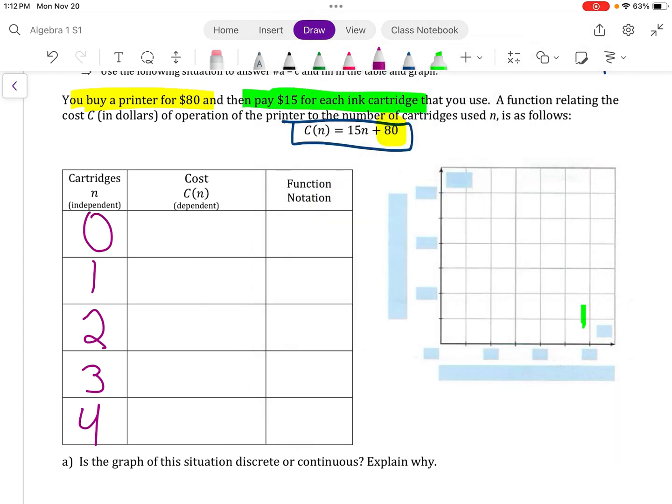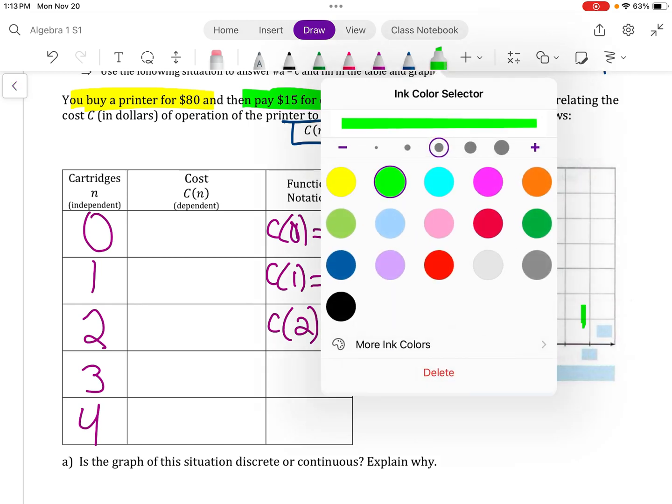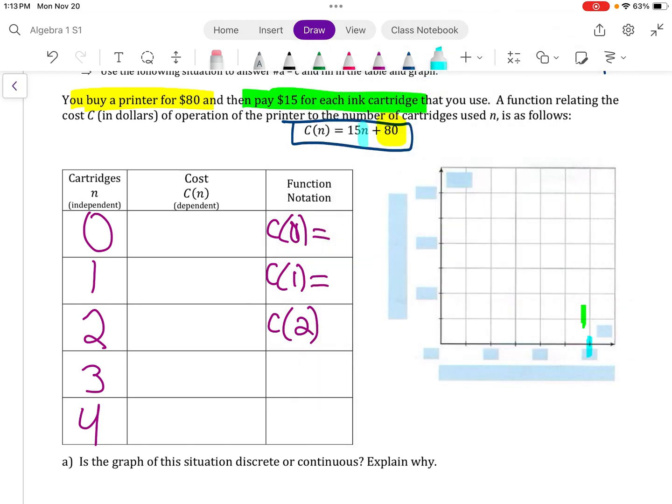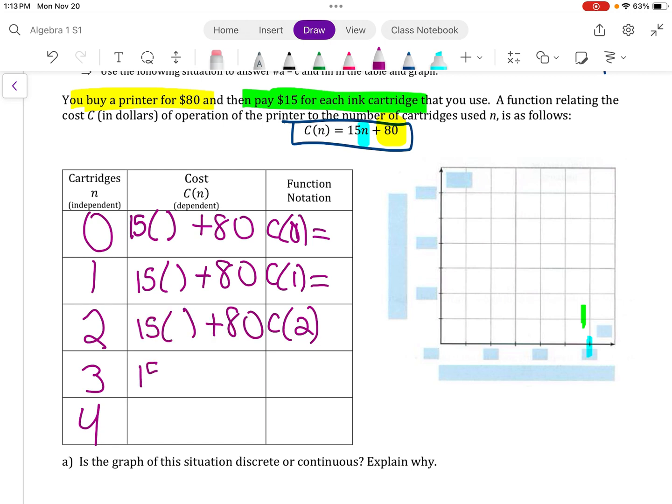Okay? So now we're going to plug in the number. So if we plug in 0, if we plug in 1, we're going to figure out each of these answers. You're plugging in to that n value. Okay? So if you wanted to write it out on the inside, you totally can. 15 times what plus 80. If that helps you out, rock it out. If it doesn't, life goes on. So multiplying and plugging in.